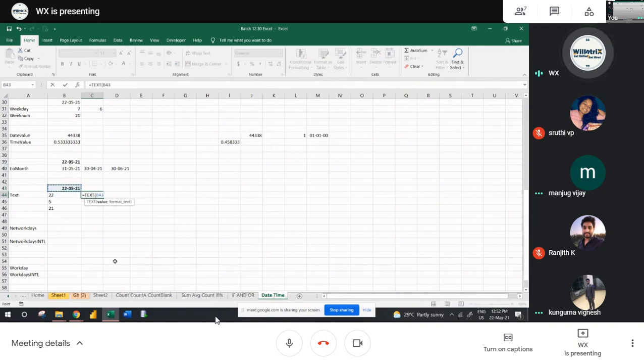If you want to change the date format in a different way, you can just use TEXT. So I have given only one D, you will get the date, correct? If I add one more D here, suppose my date is 2 only. Here you will get 2 only, but with 2 Ds you get one extra digit, 02. If you add one more D here, this will give you the weekday, SUN, Sunday. If you add one more D, it will give full Sunday, SUNDAY.